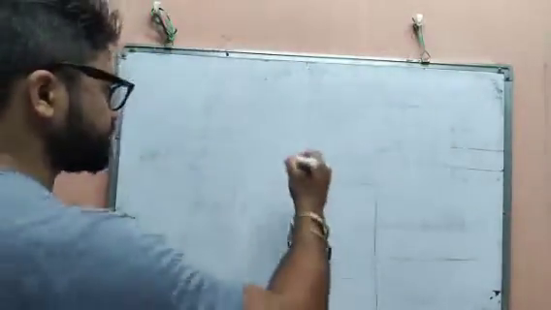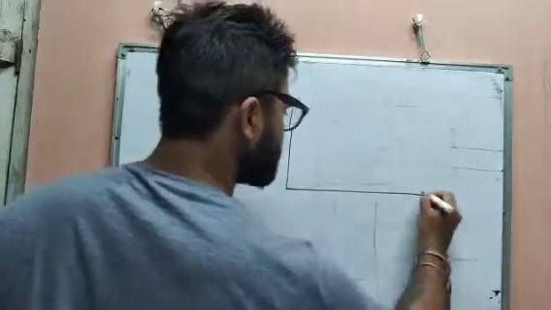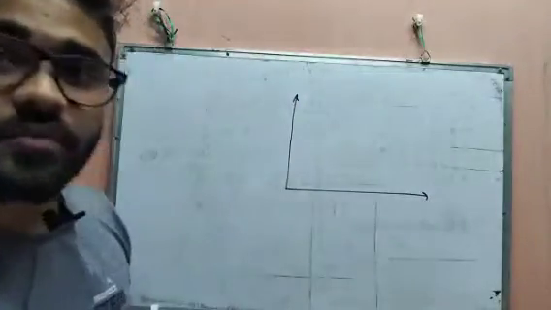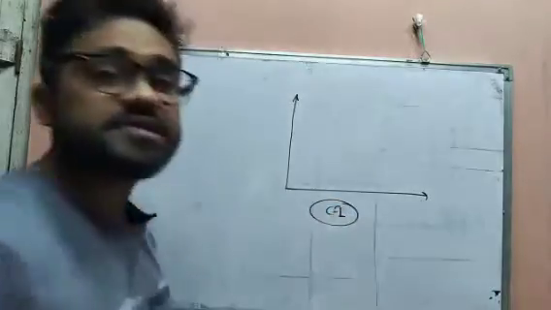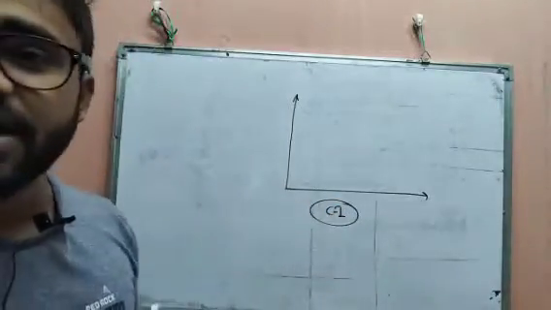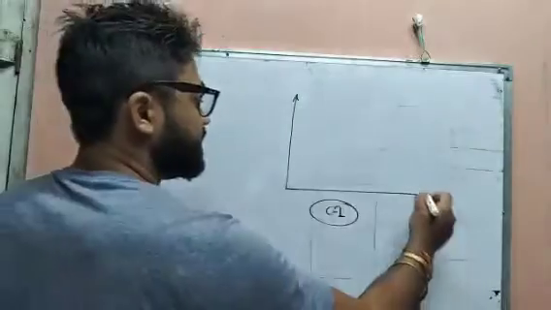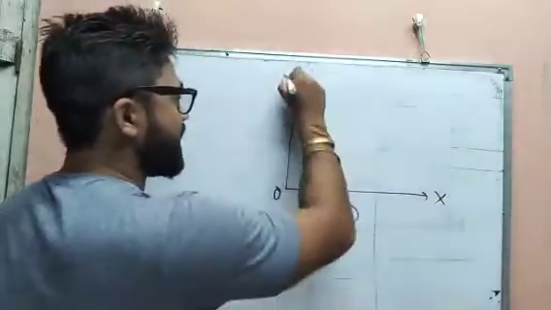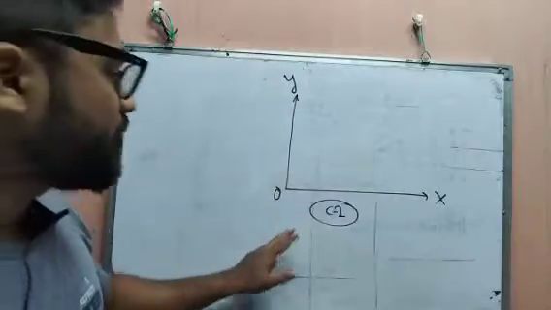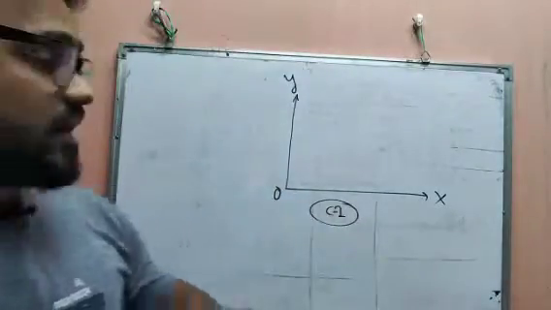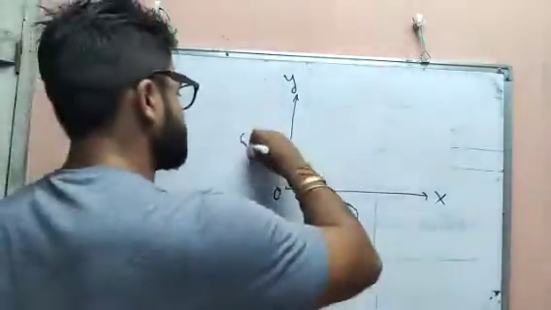See, this is one kind of bar graph where the base is represented by the class interval. The base is always represented by the class interval, and this is X, O, Y. The axis names are what? OX and OY. Okay, and OX is represented by the class interval, and the OY will be represented by the frequency.